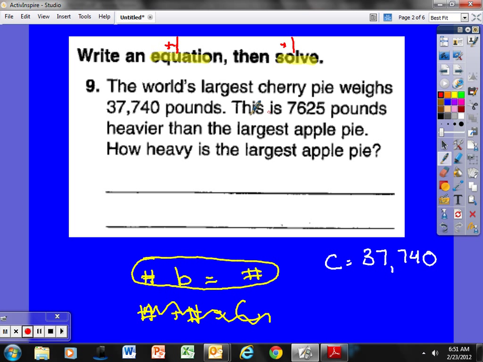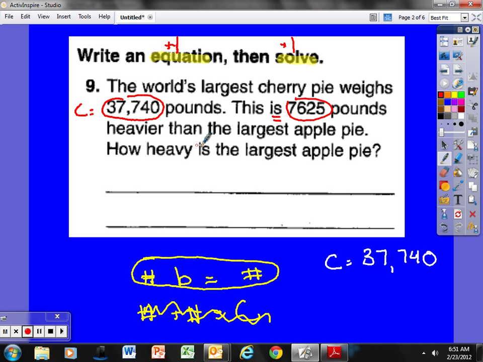Okay, so this is 7,625 pounds heavier than the largest apple pie. How heavy is the largest apple pie? So again, this is the cherry pie. So C is equal to this. That is equal to